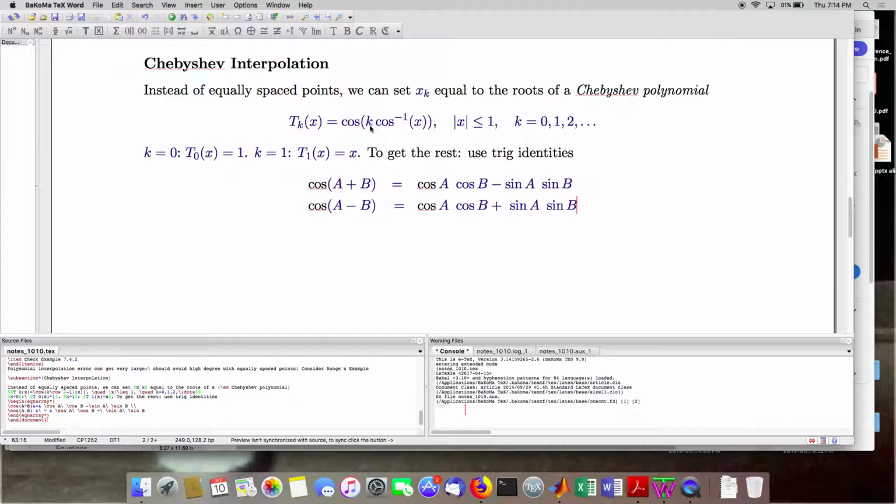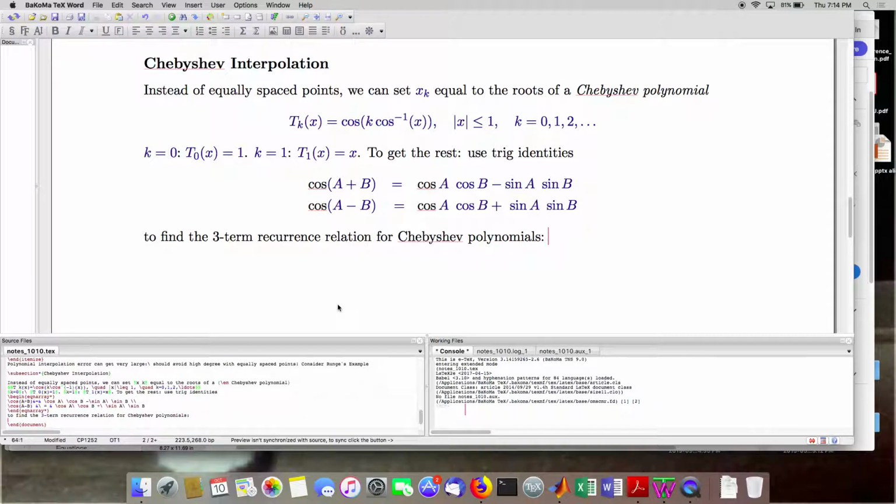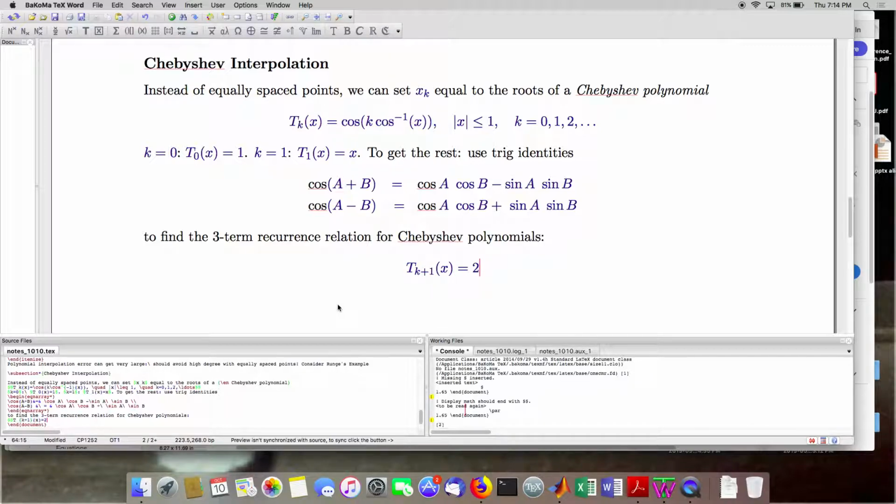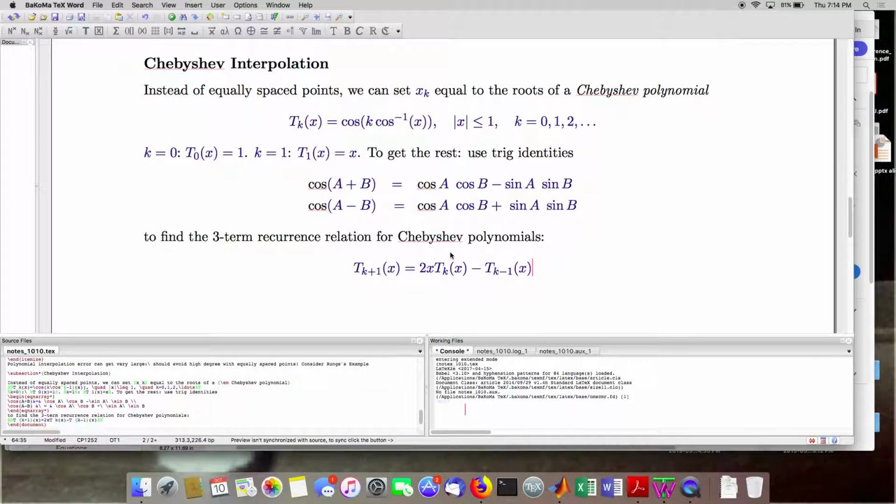So if you work with expressions like these for different values of k playing the role of a plus b or a minus b, then manipulating these, you can work out the three-term recurrence relation for Chebyshev polynomials, which is T_{k+1}(x) equals 2x T_k(x) minus T_{k-1}(x). So here we can readily see that the Chebyshev polynomials really are polynomials, because knowing that the